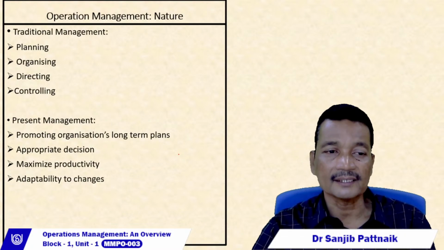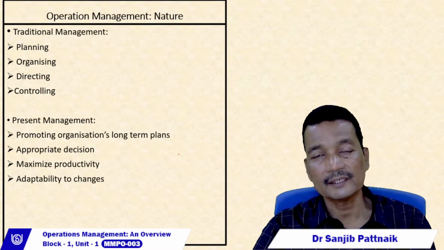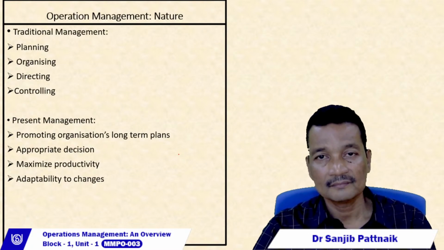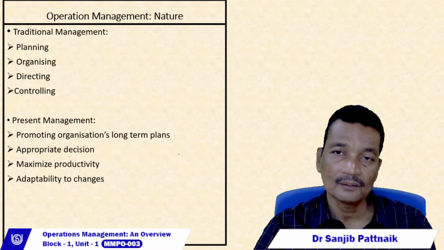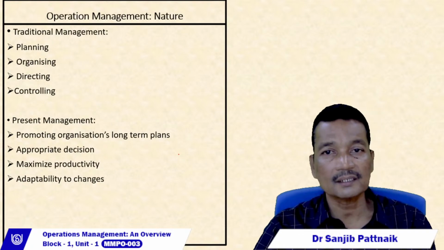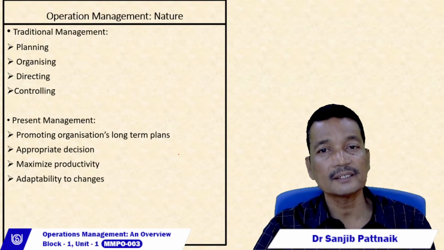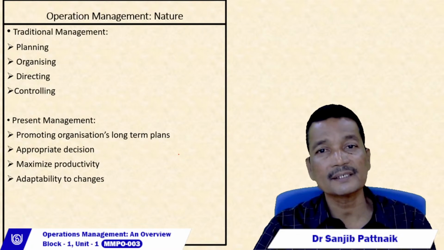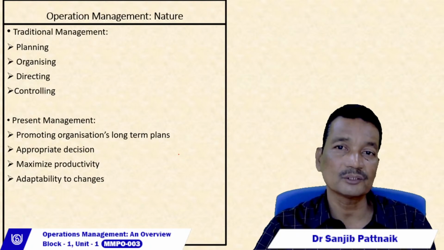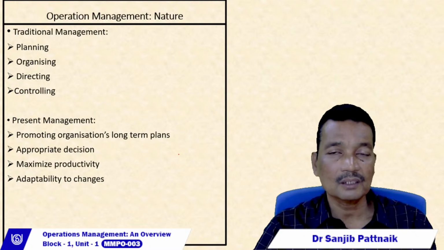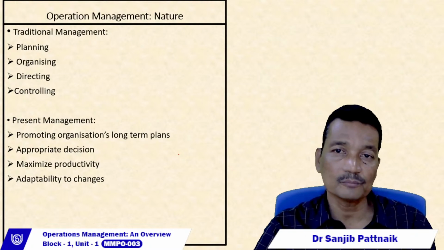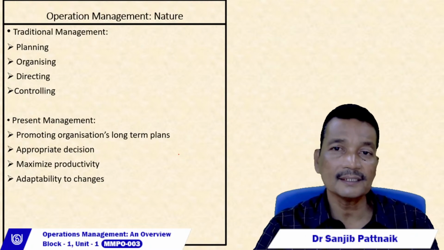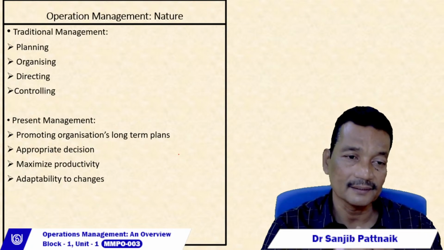Then, accordingly, we take appropriate decision. That means, according to the plan, what kind of facilities are needed, what are the type of human resources we require, what are the investment required, what are the various kind of machineries we should put in, what are the various utilities we should bring in. All these things we have to decide.